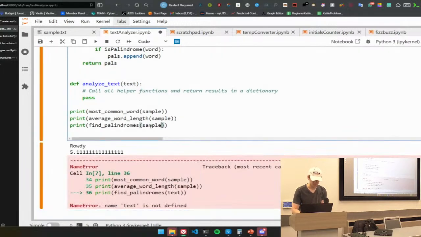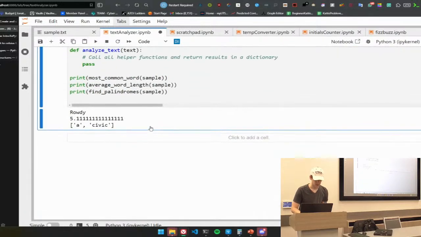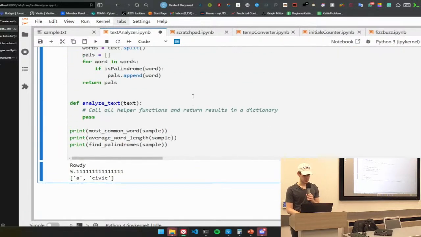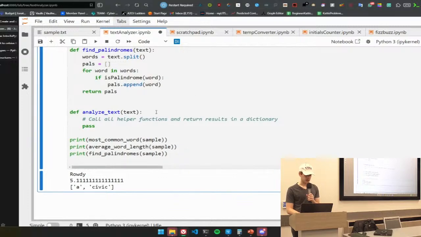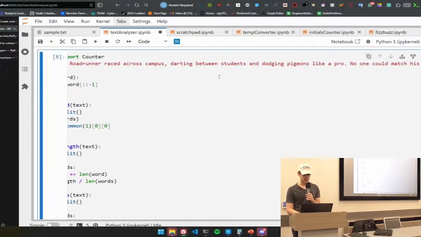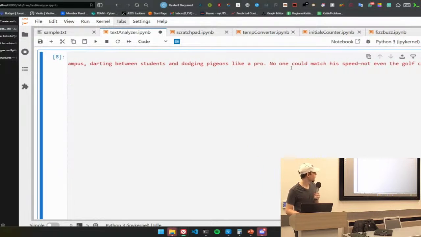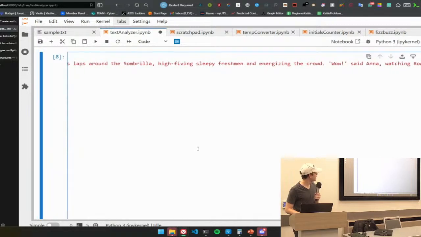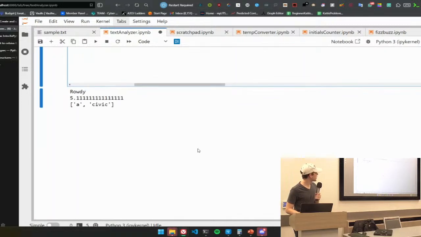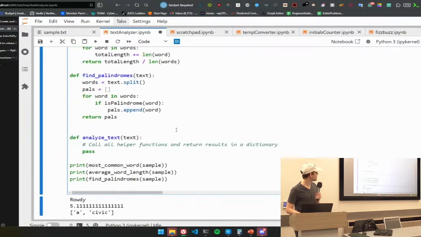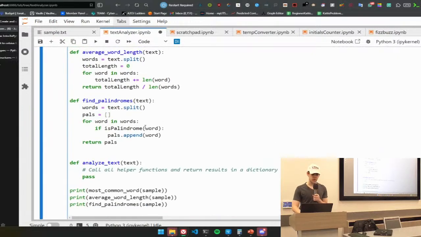Sample. And we have A and civic. So obviously any single letter word is going to be a palindrome. And we have civic. And we can get another one in here if instead of looking at just the words,